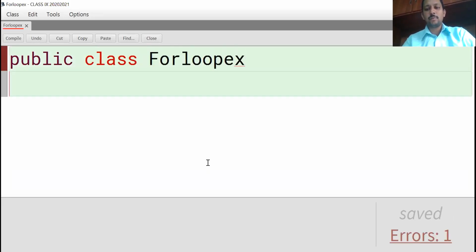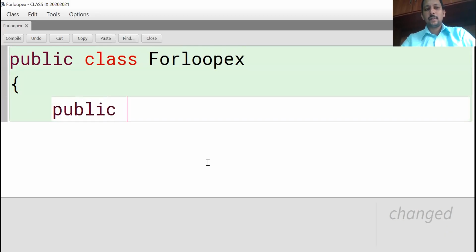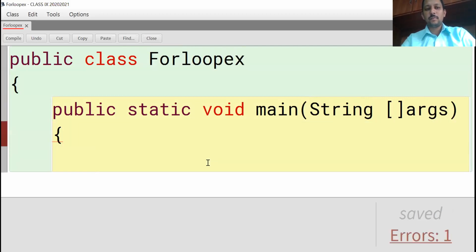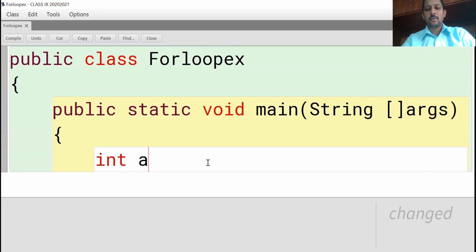public class ForLoopExample, main method, open main, int a, for loop. a is equal to 1.